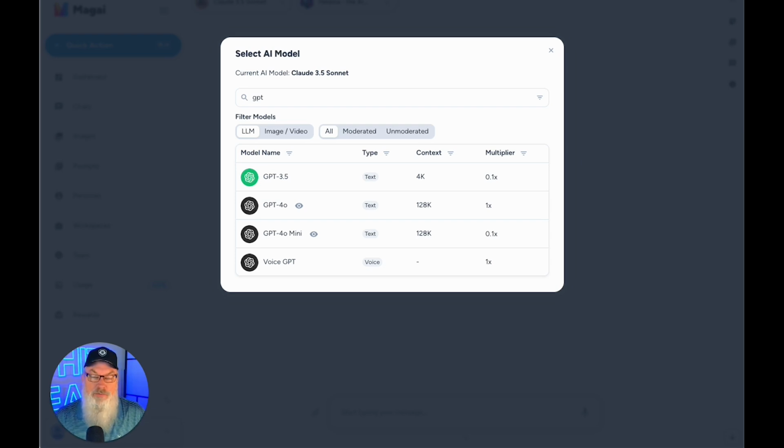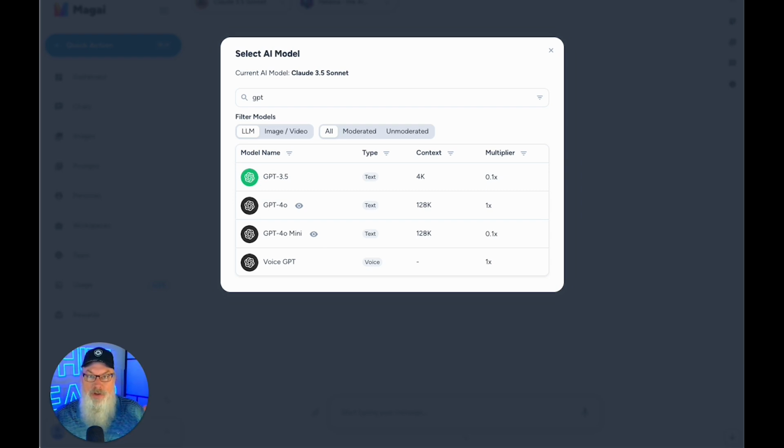So I'm in Magi at the moment. It's one of the 3 or 4 aggregators that I really do recommend. By the way, the others are Rubi.Ai and another one called TypingMind, which works a bit differently, but is one of my favorites. If you're in Magi and you're using this, the way almost all the aggregators work is that